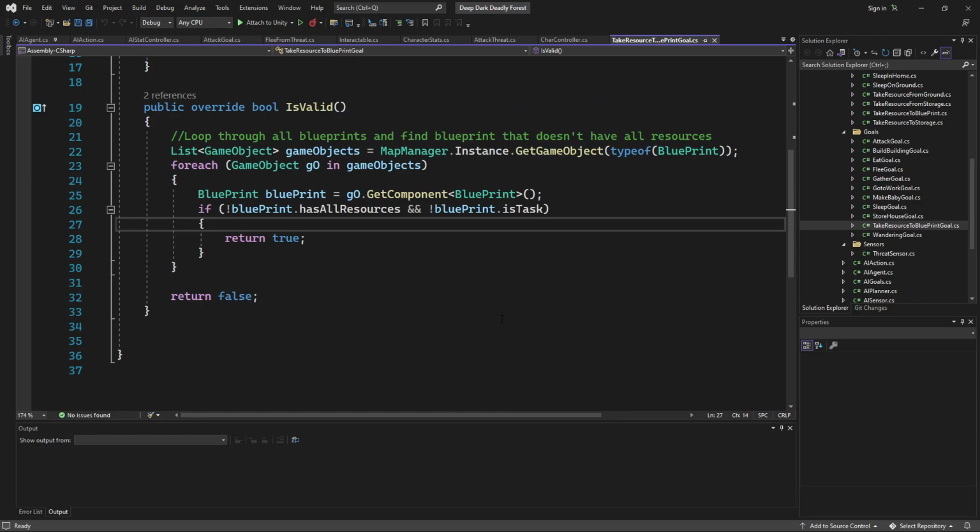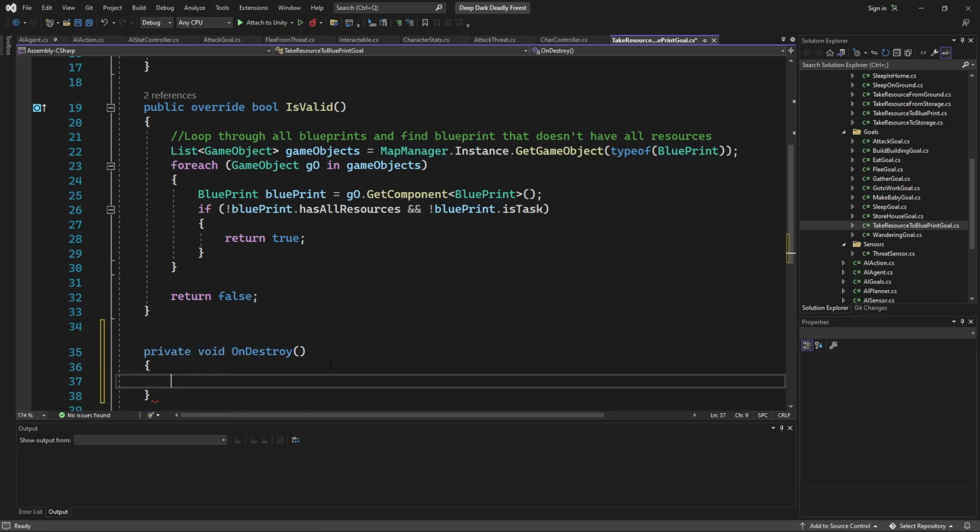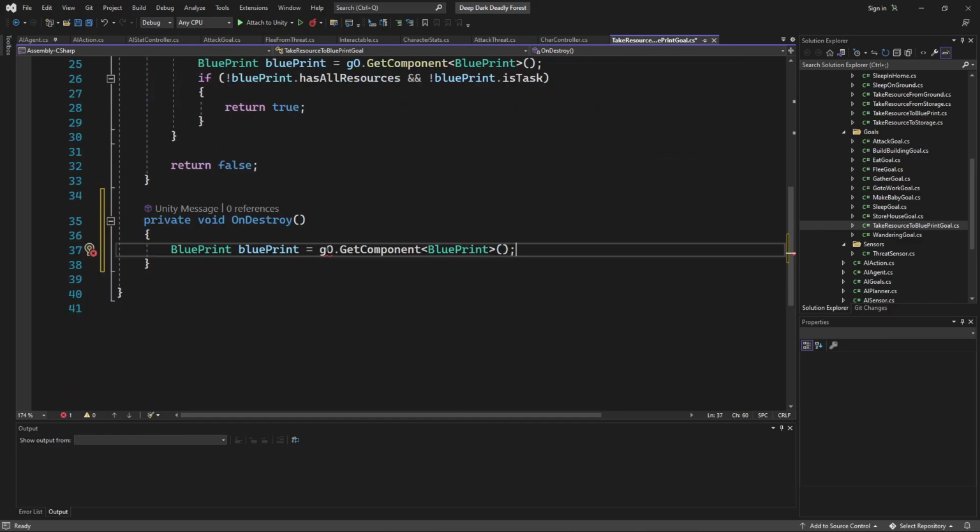And we are setting this as task. So we can have an on destroy for all of these. On destroy. And we can say, let's see, we want this kind of,